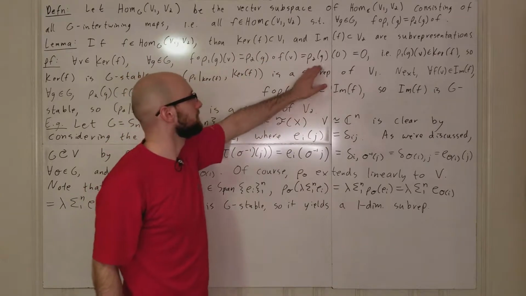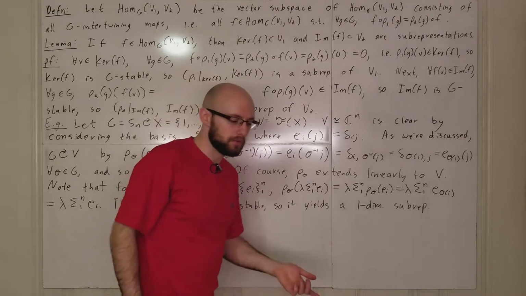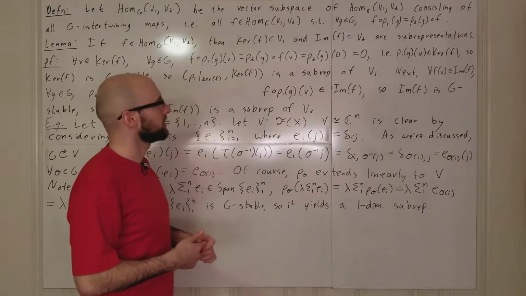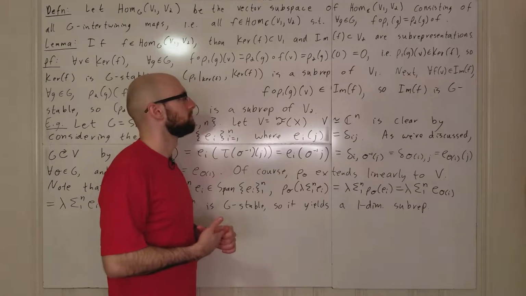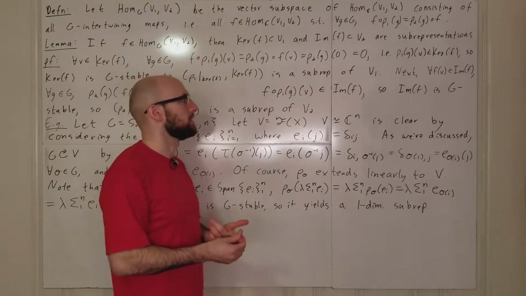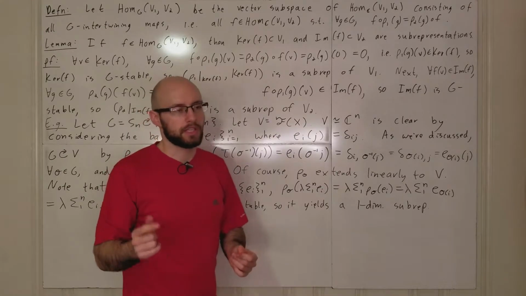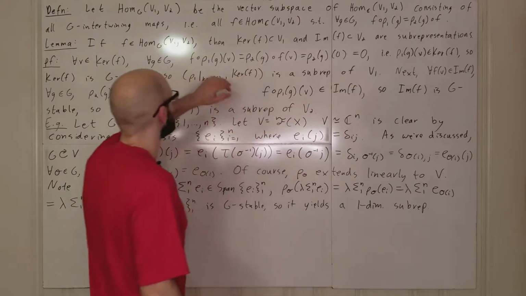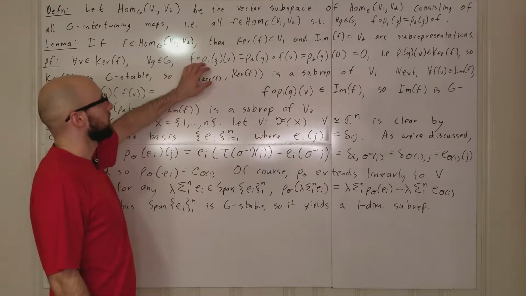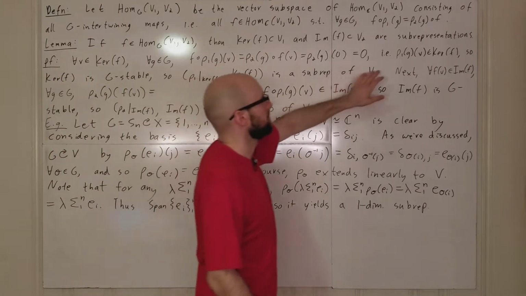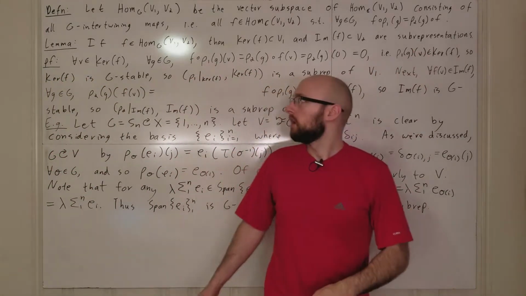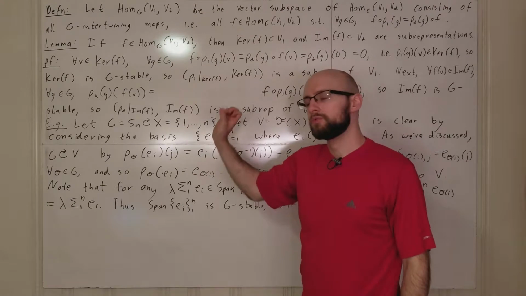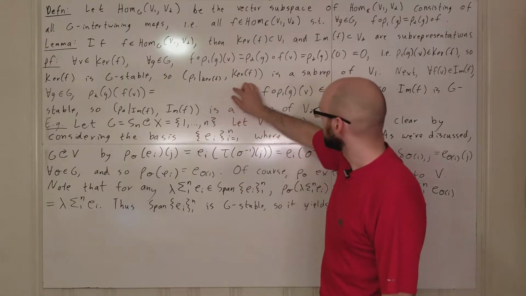So this is just rho 2 of G evaluated at 0. But rho 2 is a linear bijection on V2, and so it sends 0 to 0. And so this evaluates to 0, and so F evaluated at rho 1 G V is going to be 0, which means that rho 1 G V is in the kernel. And this confirms that the kernel is G stable, and so restricting rho 1 to the kernel gives us a